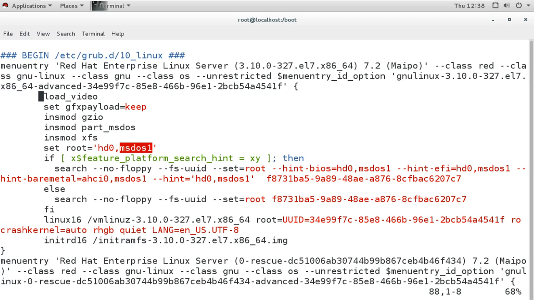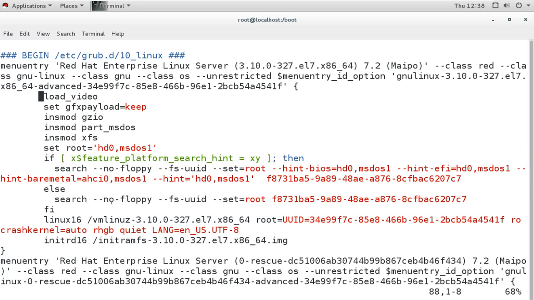In case somebody changes this or misconfigures it, then your system will not be able to find the bootable file, which is the kernel file or the initial RAM-FS file. In that case, the system is not able to boot. Now in RHEL 6, this was a problem. If it was mistakenly changed, then the system was not booting. For that, in RHEL 7, they have introduced this loop here.